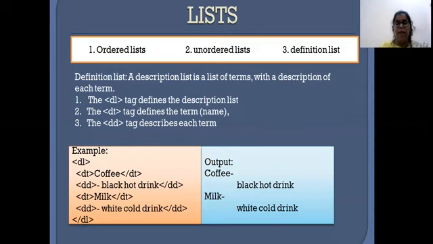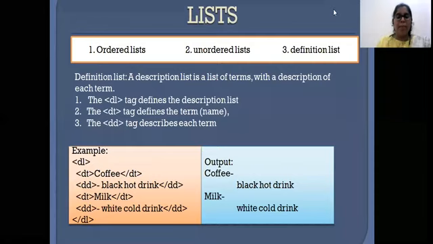So finally we have discussed three types of lists: the ordered list, the unordered list and the definition list. There is no necessity that we should use only ordered or only unordered or only definition. We can use any of the combinations. We can nest one inside another. We can put an ordered list in an unordered list in an ordered list. However we need, in such manners we can use them.